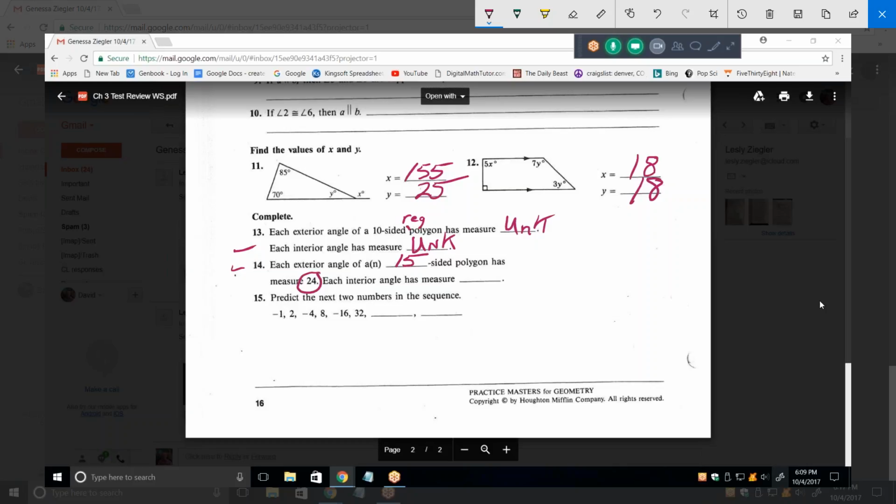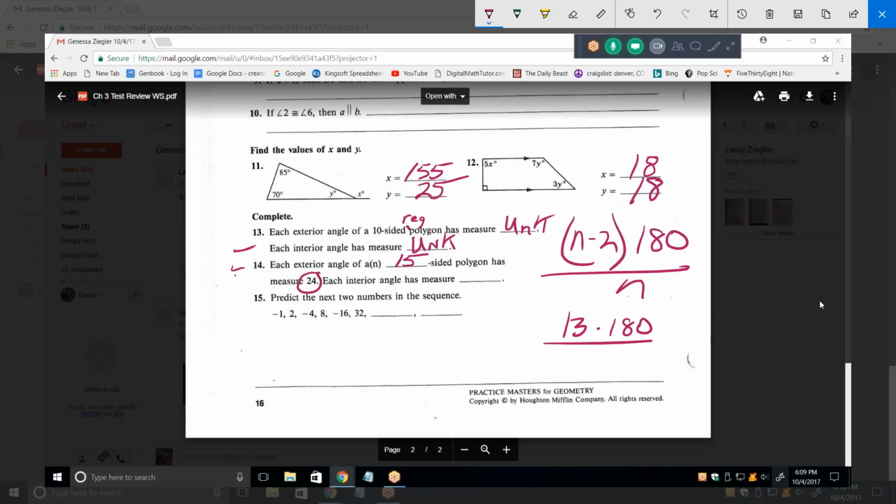divided it by the number of sides to get the measure of each, or the measure of each to get the number of sides. And each interior angle would have what? Tell me the master formula. N minus 2 times 180 over n. Now fill it in. N would be 15 minus 2, so 13 times 180 equals